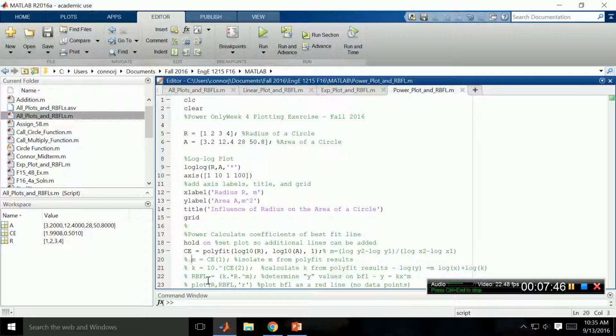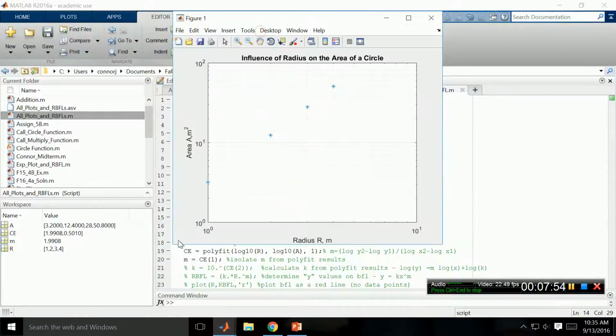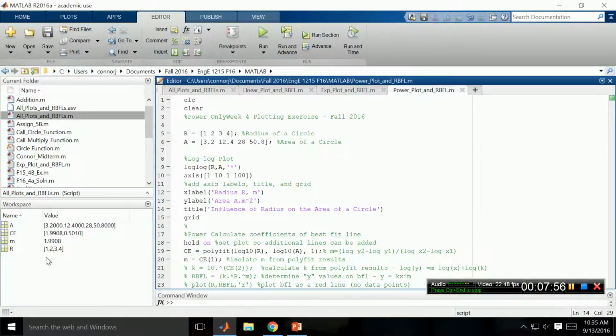Now, we'll pull out the m coefficient and run it. And we can see that m is 1.99. We know it should be 2, so that's very close. So we isolated it, and that gives us m directly. But now we're going to